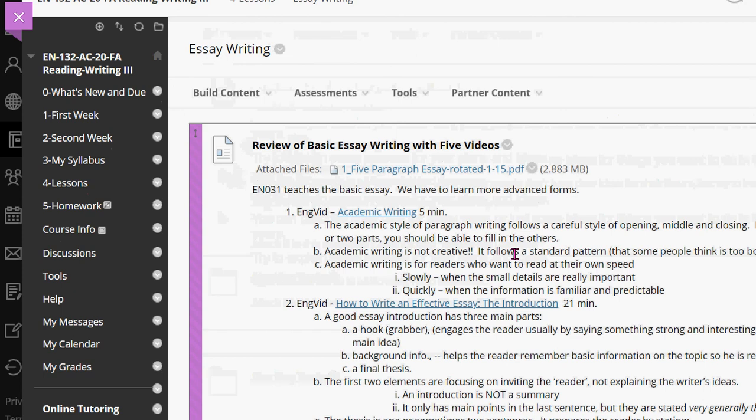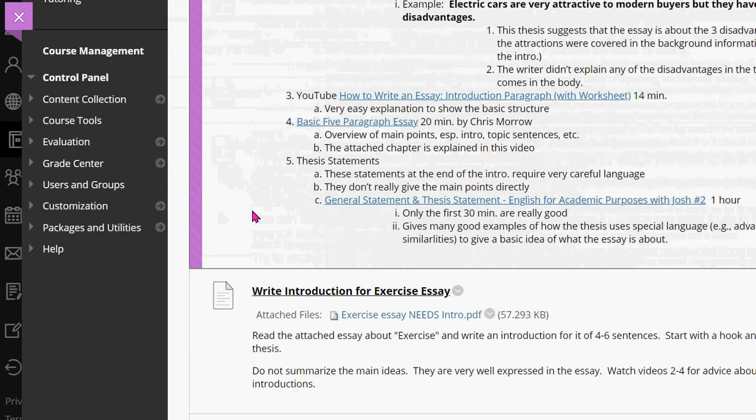Here I'm in the lesson area with essay writing. And this picture is a document with a little square in it. This is called an item. It's just usually where I present the lesson material, that kind of an item. Going down here,